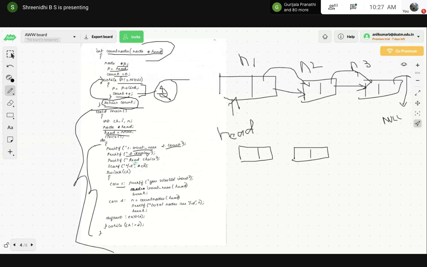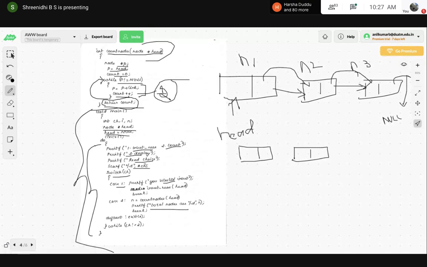Check the choice here. If the choice is not equal to 2, keep repeating the do while loop. When the choice is 2, you display the count of the number of nodes present.